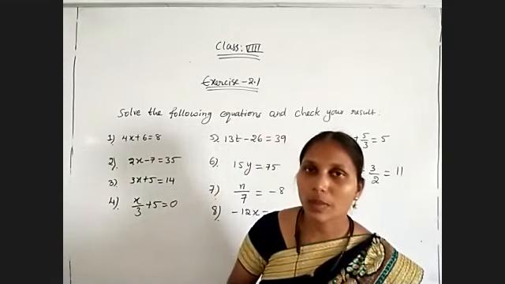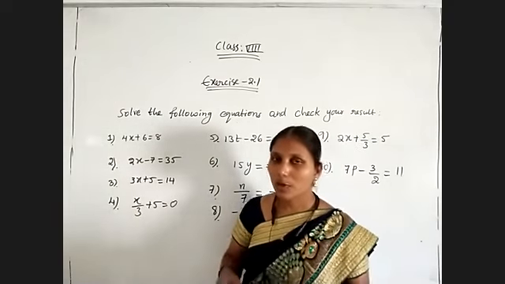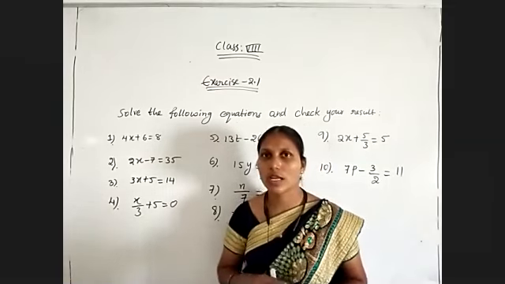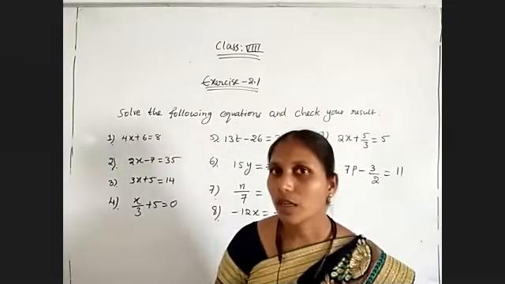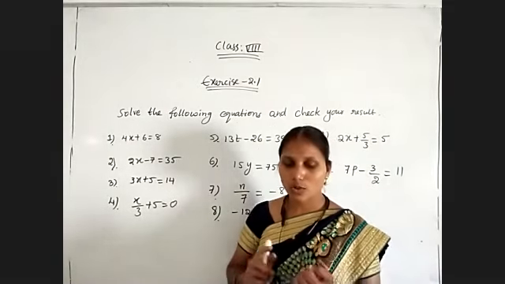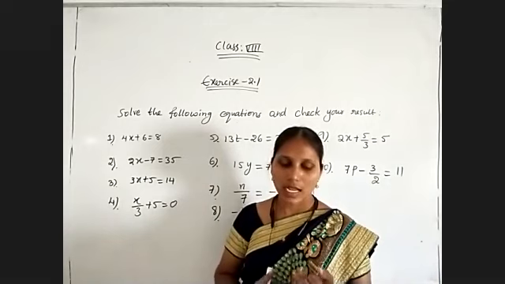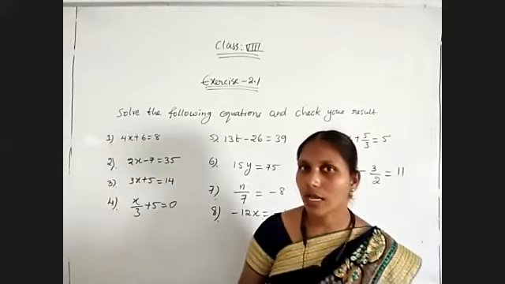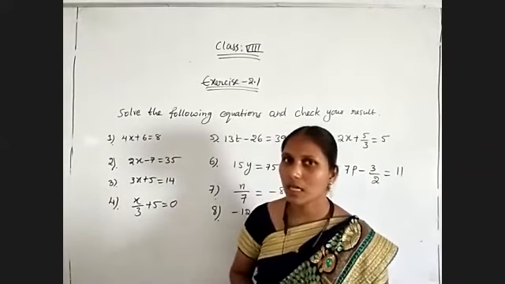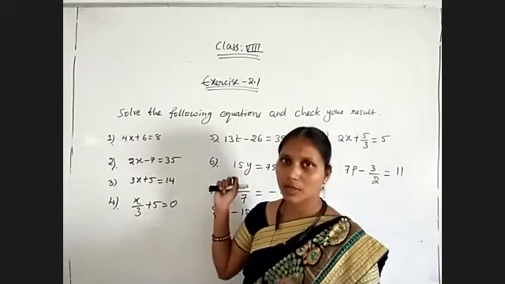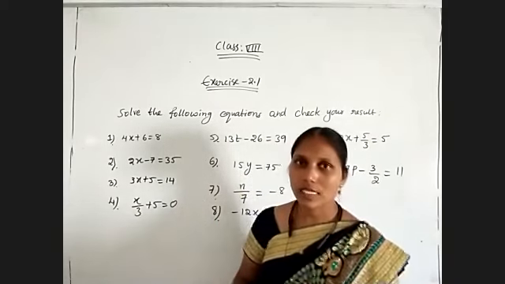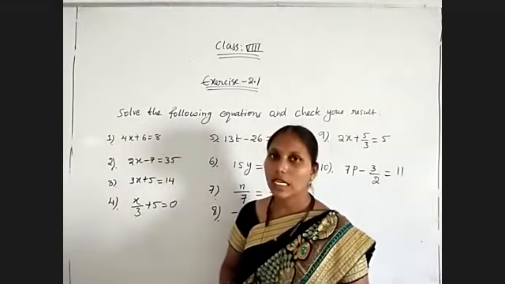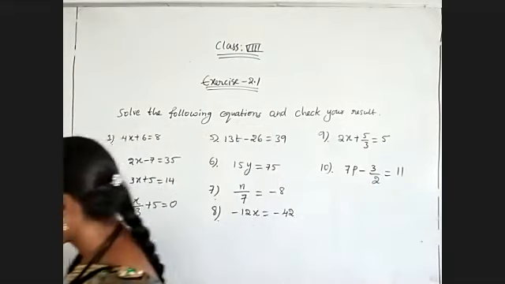Okay, and coming to the next, the simple equation. A simple equation means an equation having only one variable. Such an equation is known as a simple equation. And next, every equation must have two sides, LHS and RHS. LHS is for left hand side and RHS is for right hand side. So like that, you need to remember all these points. And this is the simplification method. Now further, I am going to do some different examples, like word problems, and we will see how we get the equations. Now coming to the next topic.